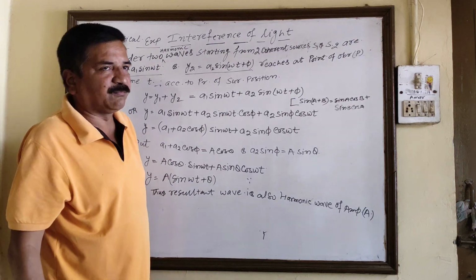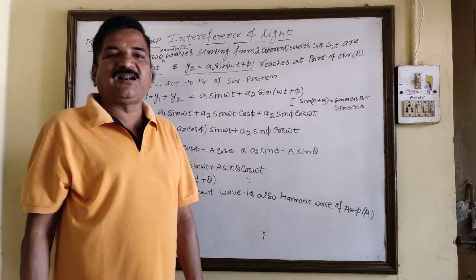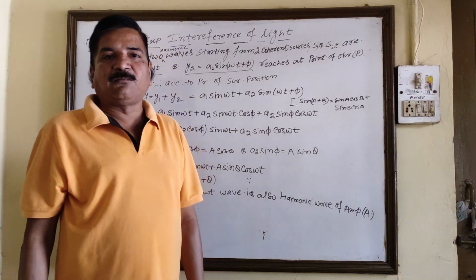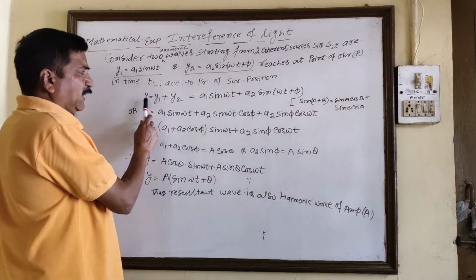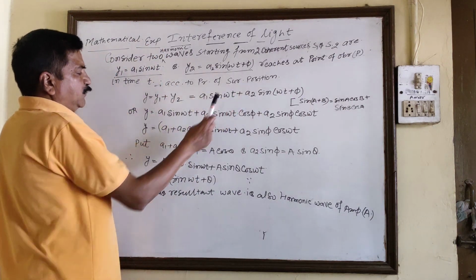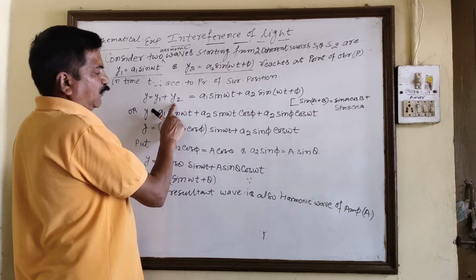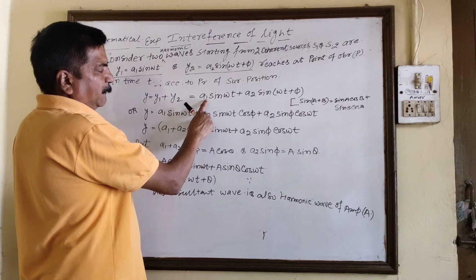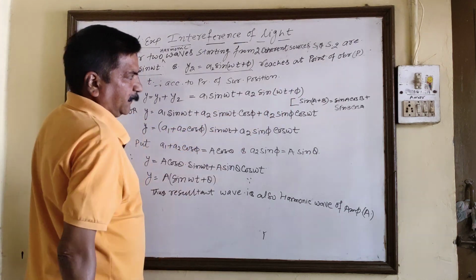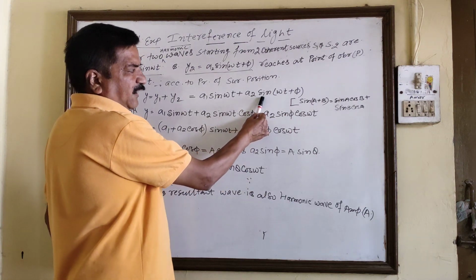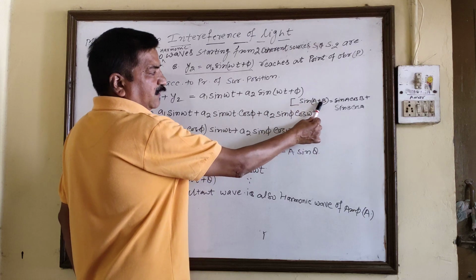because you know that interference is based on the principle of superposition, in which the net displacement is equal to the vector sum of the displacement produced by each wave. So, by applying the principle of superposition, you will get y is equal to y1 plus y2. On substituting the values of y1 plus y2, you will get a1 sin omega t plus a2 sin omega t plus phi.